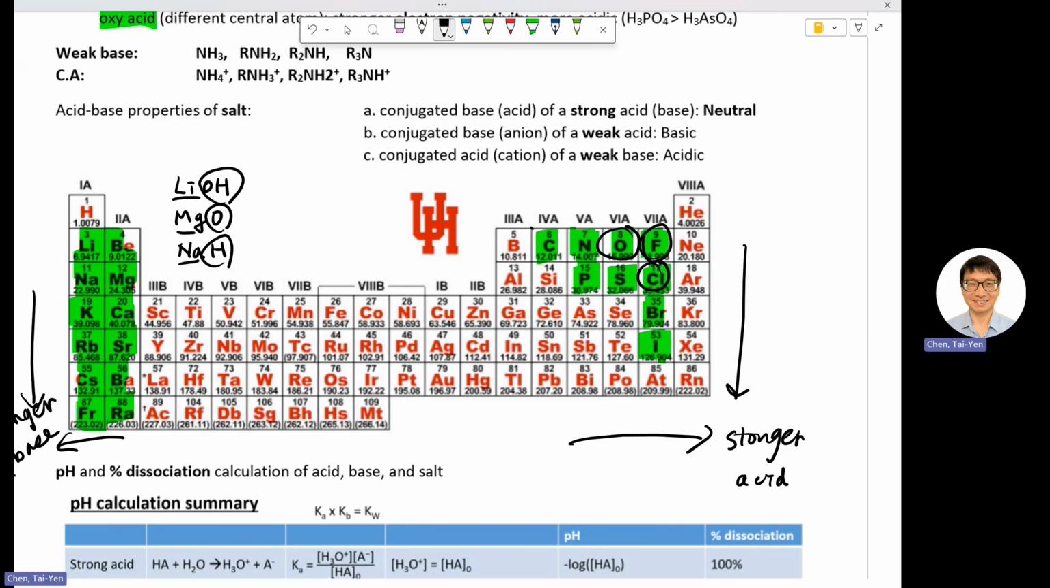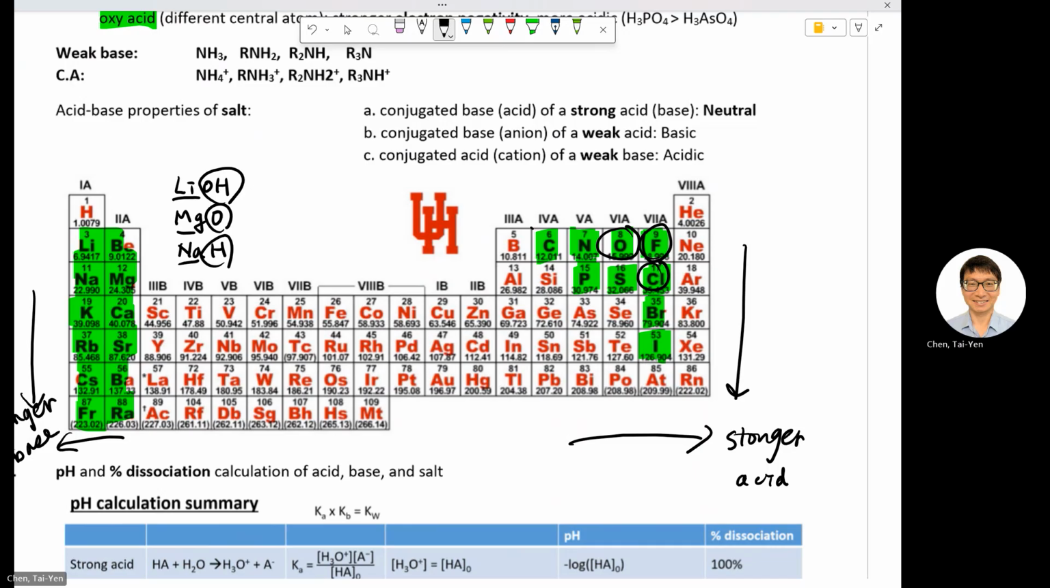Okay, so the thing you can memorize is that your top right corner is the one with stronger electronegativity. We'll move down to become weaker. Whoever has a strong electronegativity for your oxoacid, then it will be a stronger acid. One of the most famous examples you're going to see in your homework or maybe in your quiz is